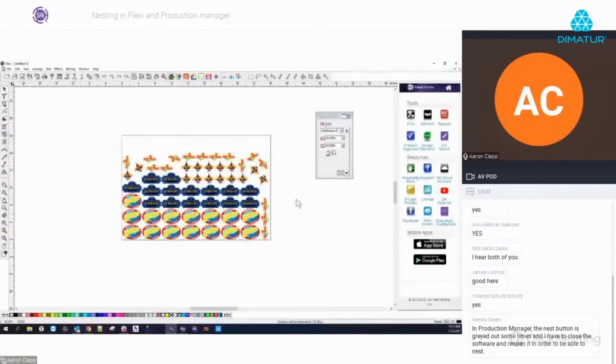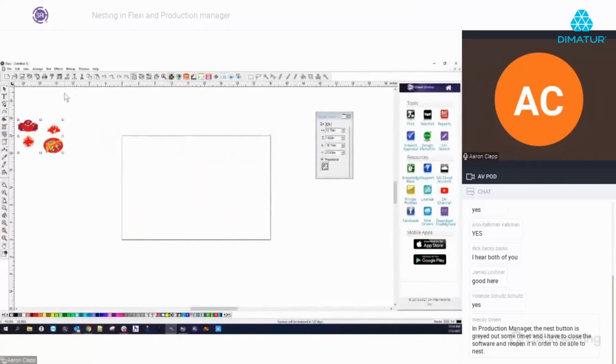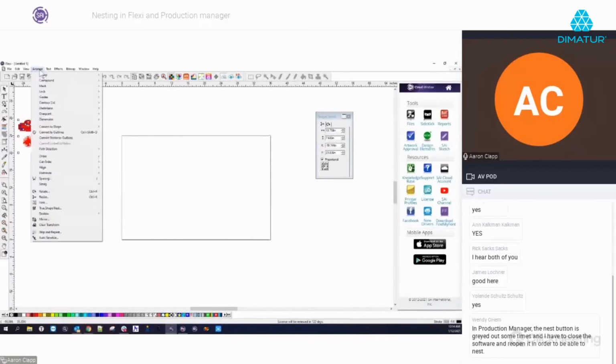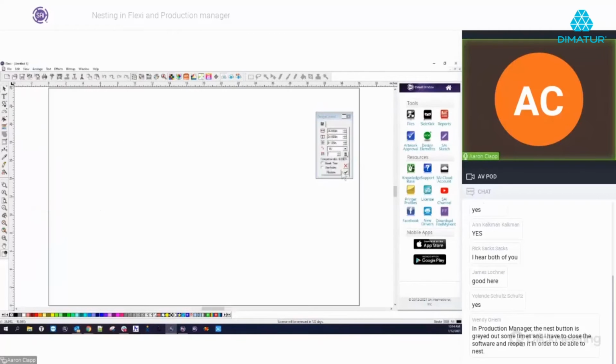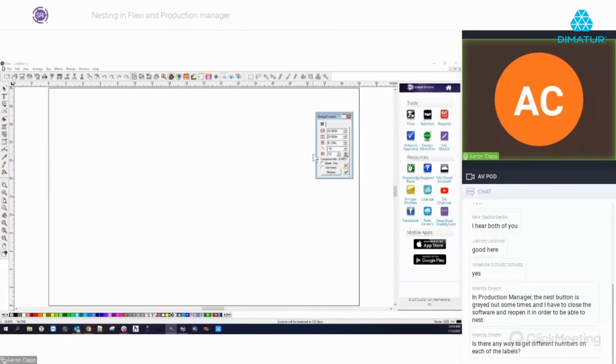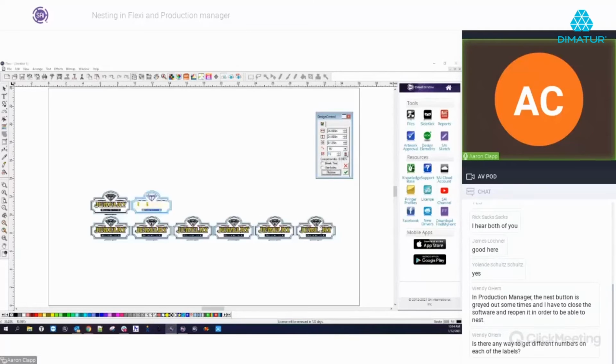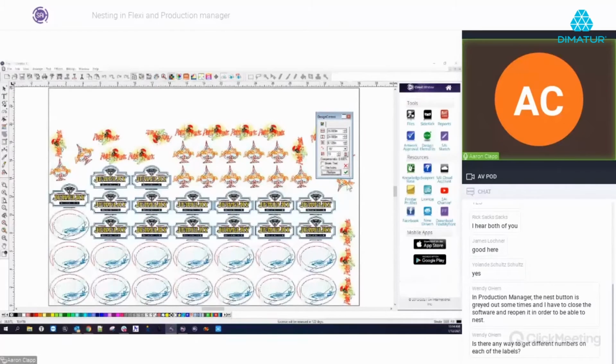So now let's go back here. I'm going to actually hit undo. And I just wanted to quickly show you using the true shape nest here. So I'm going to hit 15 copies, hit redraw, and okay, there we go. So we can look at our compress ratio there of